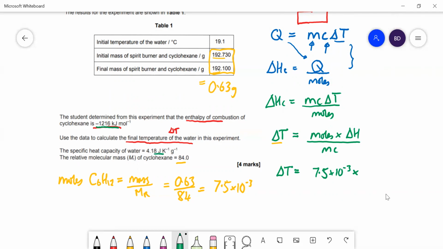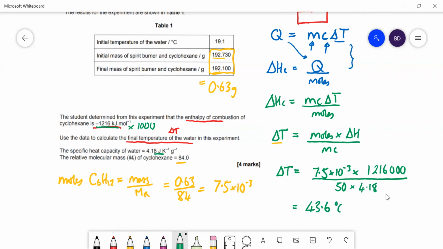So we turn that into joules by times by 1,000. So that's going to give us 1216000. Divide by the mass of the water, that was 50 grams, and the specific heat capacity 4.18 joules per Kelvin per gram. That gives us delta T a value of